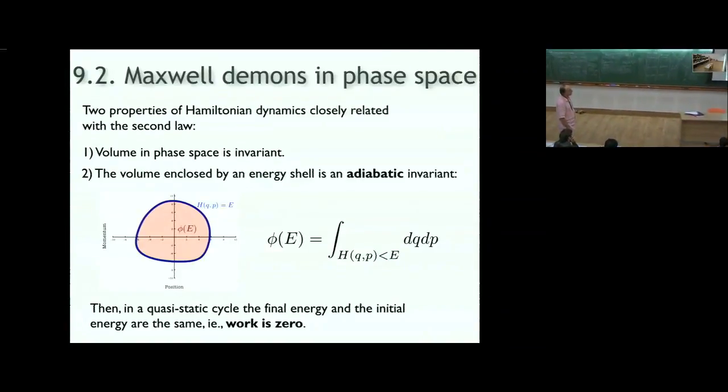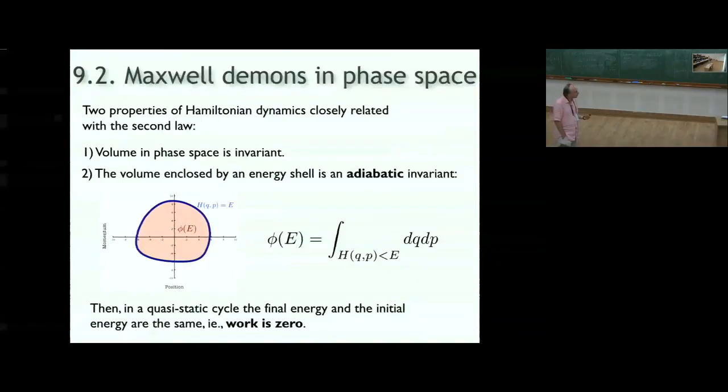First, we have to know what is going on. Besides being a nice idea of how to cool a particle and so on, there is something happening here because it looks like something that cannot be done. And actually, if you think of the second law, there are two properties of Hamiltonian dynamics which are closely related